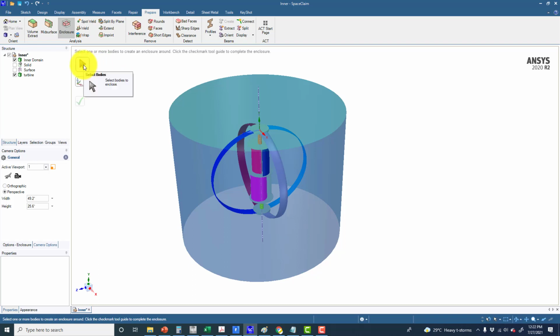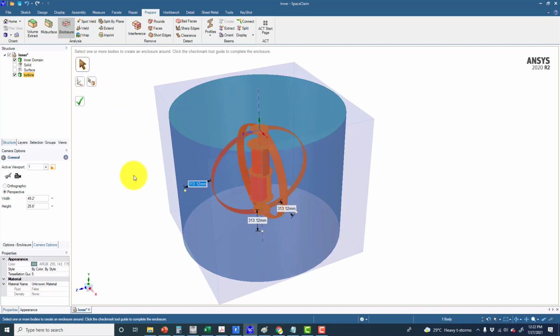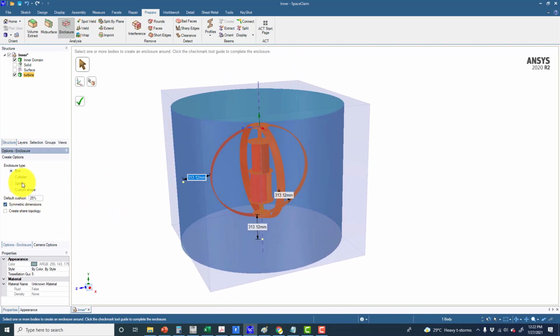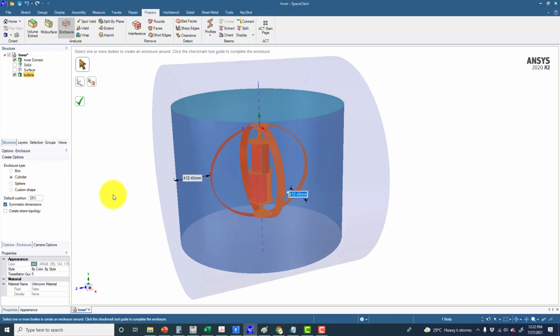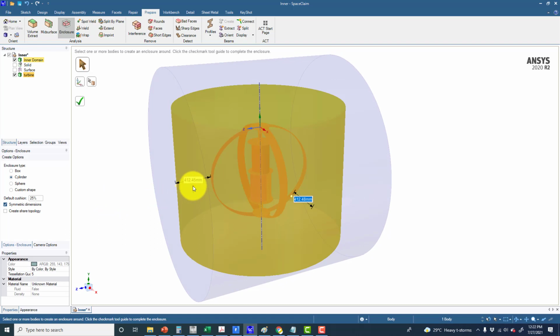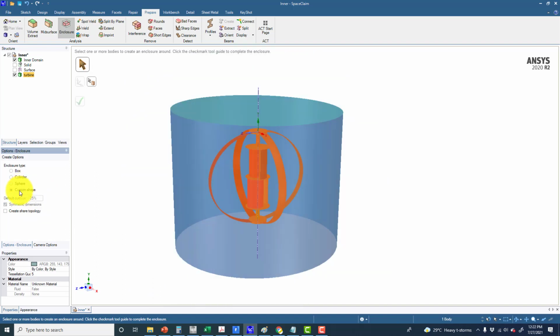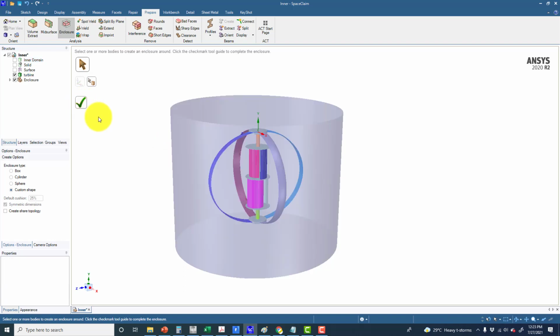So for example, I want to select the body around which I want to create the enclosure, so I would be selecting this turbine body, and you can see that we have the default option of the box, that is at some distance from the main body. Second is the cylinder. Again, we can play with the radius as well as its length. And the third one is the sphere, and the fourth one is the custom shape. So from here I can choose a custom shape, and that is the domain I have created, and then simply click on